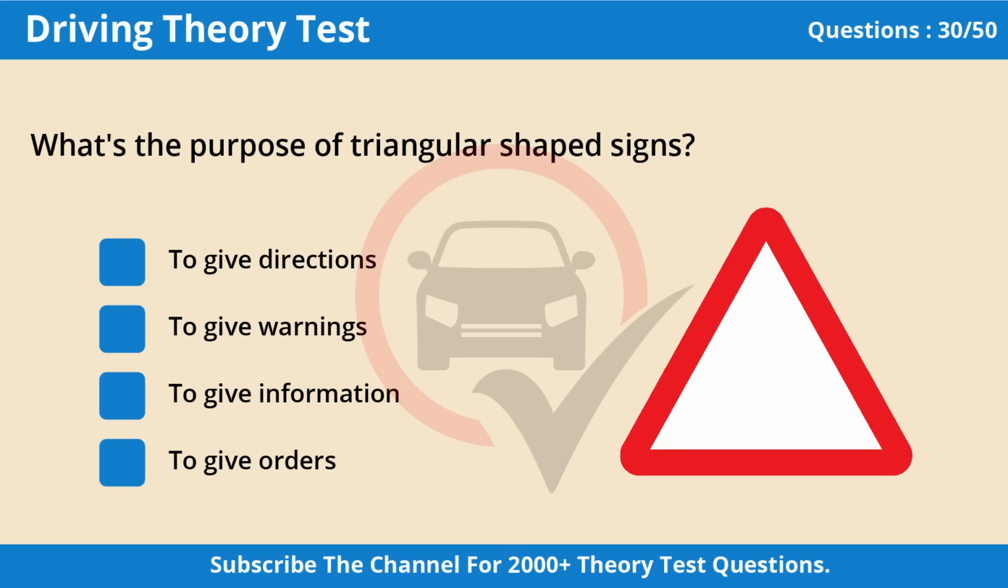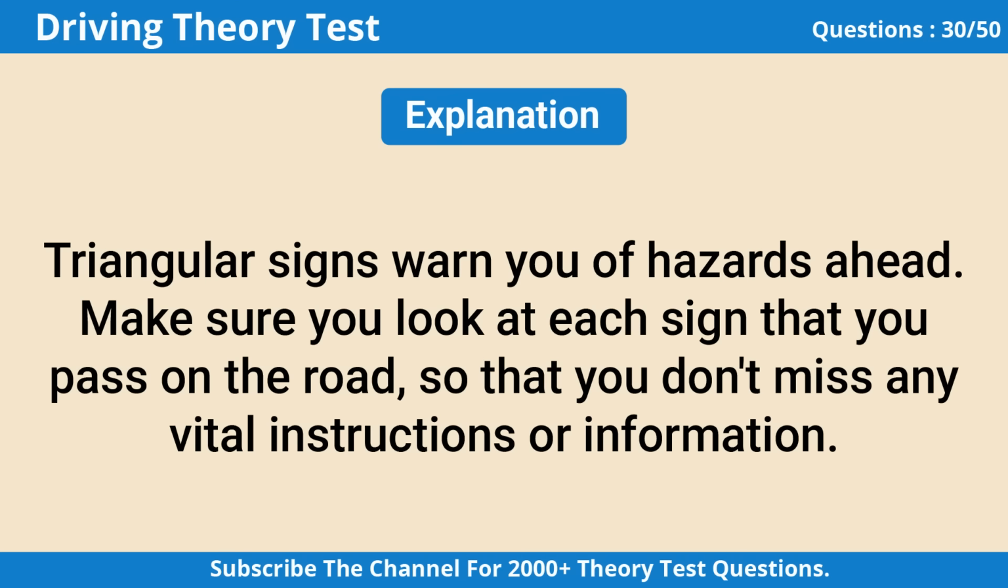Question 30. What's the purpose of triangular-shaped signs? A. To give directions. B. To give warnings. C. To give information. D. To give orders. B. To give warnings. Triangular signs warn you of hazards ahead. Make sure you look at each sign that you pass on the road so that you don't miss any vital